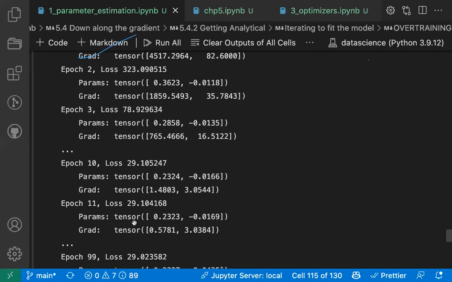So what is the solution? The solution is making the learning rate adaptive. That is what we call an adaptive learning rate. What this means is that